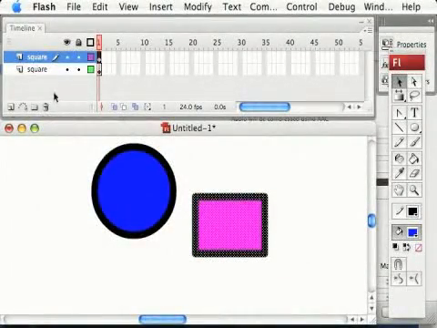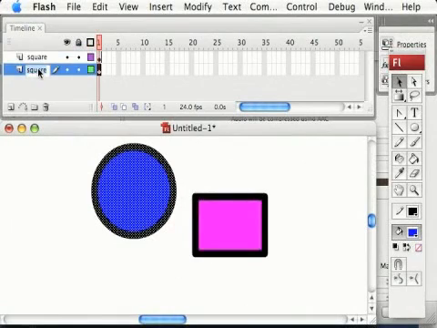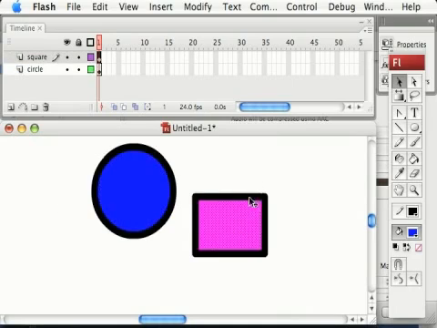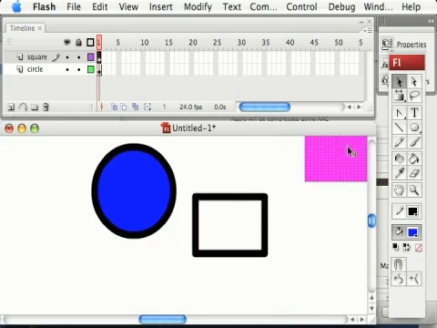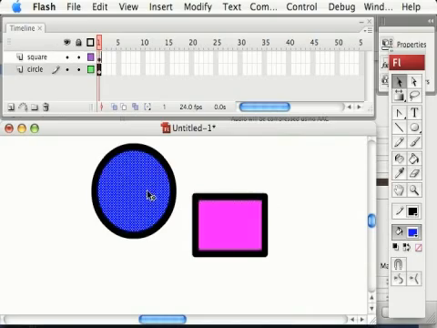So one thing I've noticed is that I forgot to name this bottom layer circle, so we'll do that. And then one of the tough things about working with Flash objects that you've drawn is that you've got this fill, you've got this stroke, you've got all this stroke. If you move it around by accident,